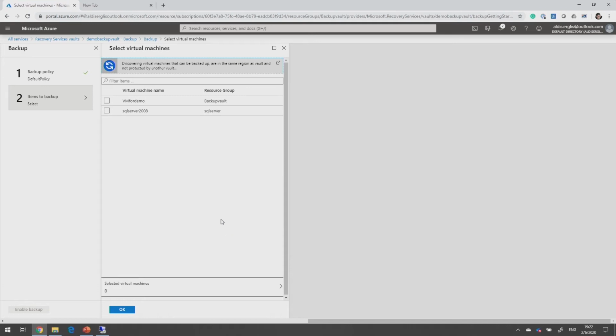And when you click next, you see all the virtual machines available in this region, the same location where this recovery service vault is located. In this case, let's choose this VM for demo virtual machine. We click OK,